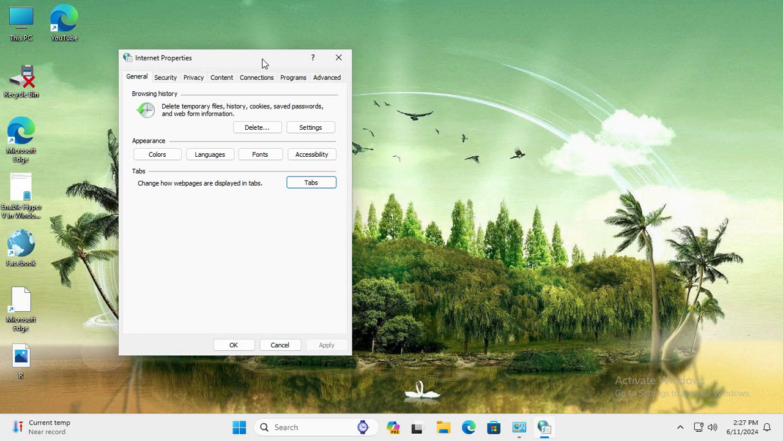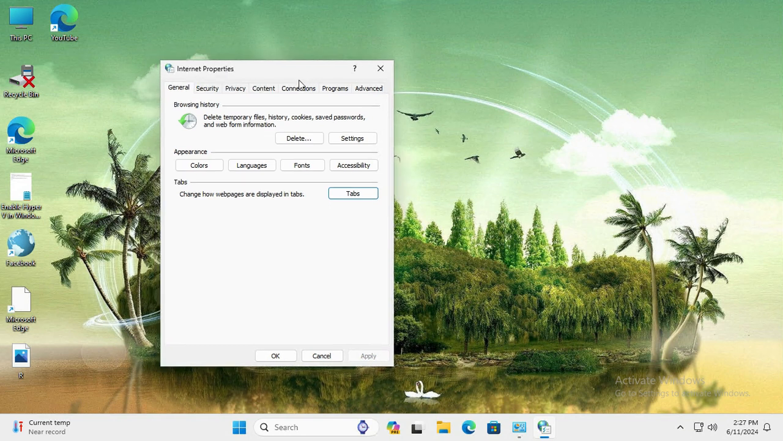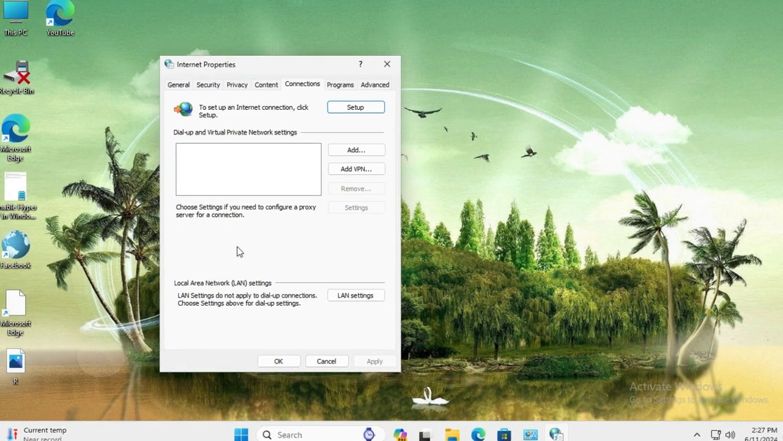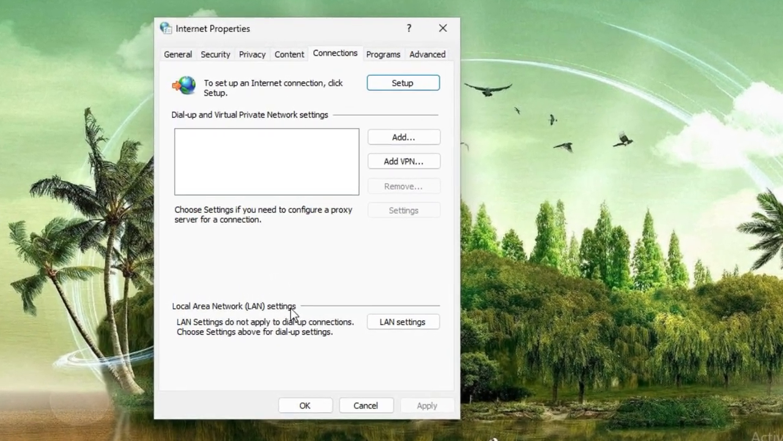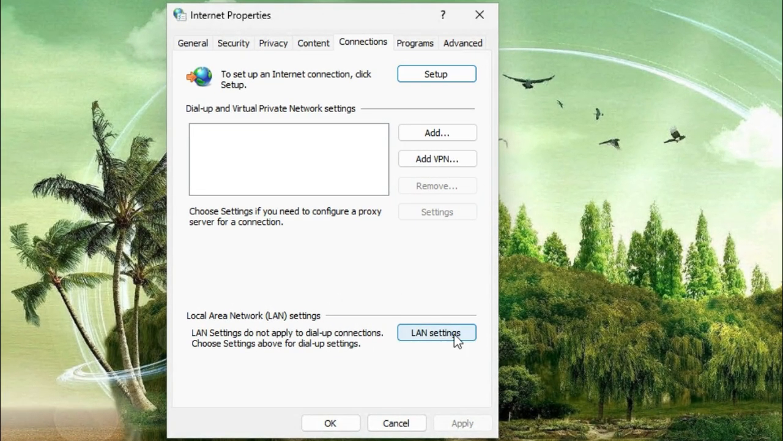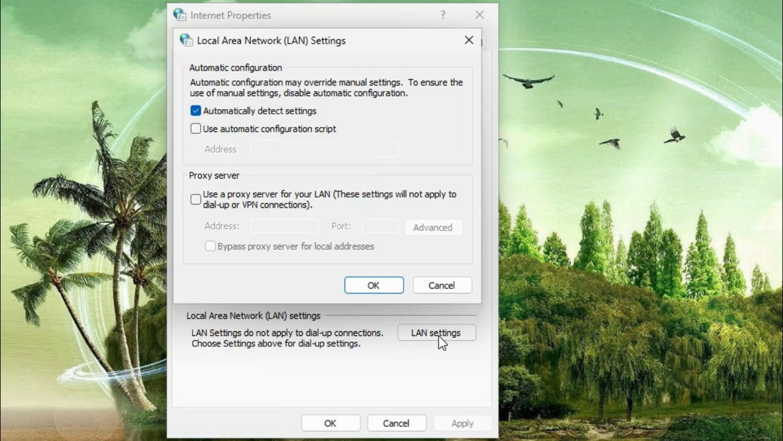In Internet Options, you will find a tab, Connections. Click on Connections tab, and below you will find Local Area Network Settings. Click on LAN Settings button here, and here you will find Proxy Server. Just select the Proxy Server,